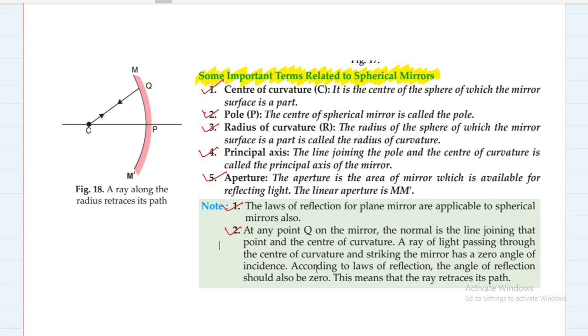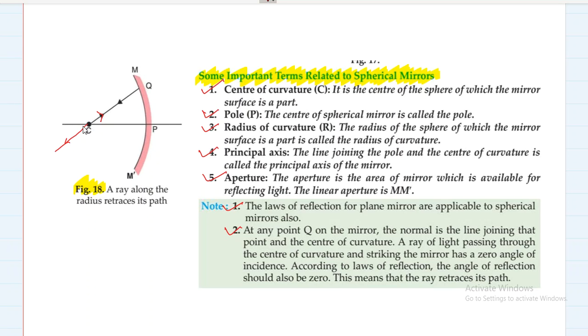This means that the ray retraces its path. इसका क्या मीनिंग है मैं बताता हूं, इसके लिए फिगर नंबर 18 देखना पड़ेगा तुम्हें। सो कोई भी रे ऑफ लाइट, any ray of light, if it is incident on the spherical mirror through the center of curvature, it gets reflected back along the same path, because this ray of light which is incident through the center of curvature is believed to be having an angle of incidence of 0 degree, is believed to be incident normally।